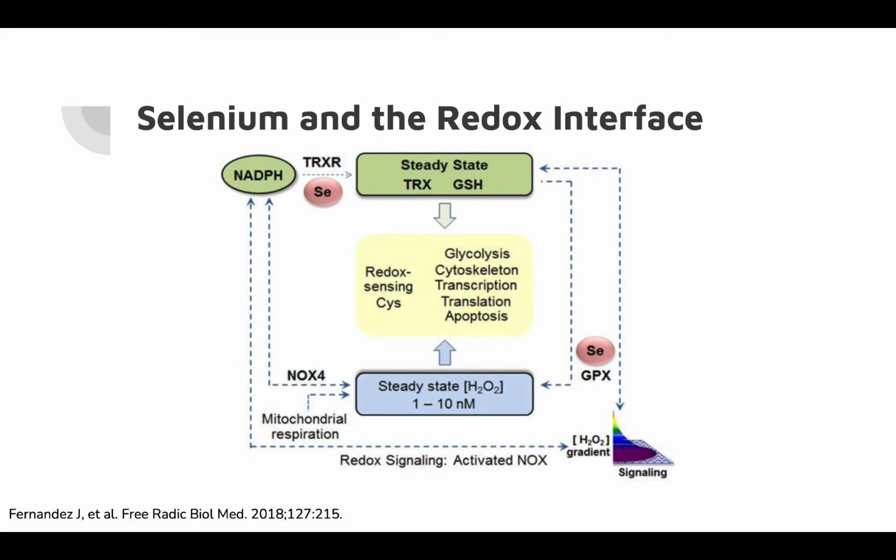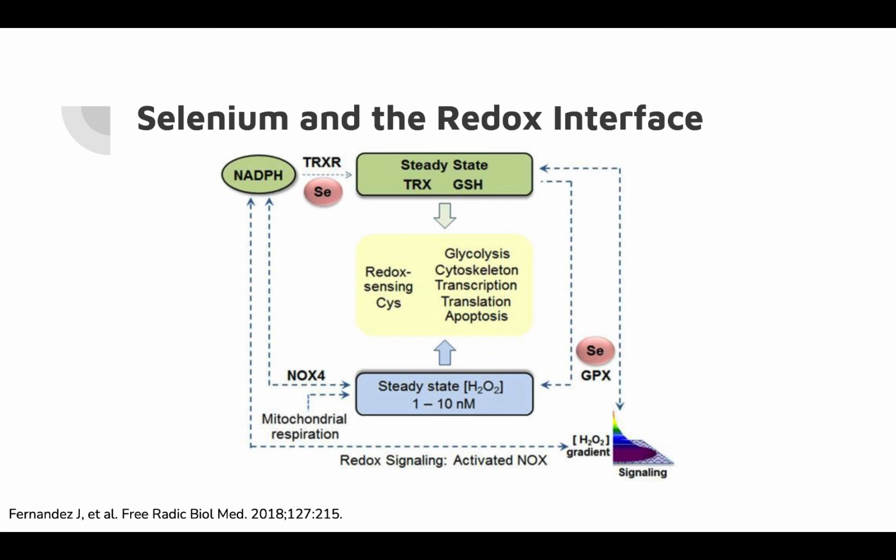This system operates with kinetic control through steady state oxidation of proteins that have a cysteine residue. The oxidation occurs because of hydrogen peroxide that is allowed to be present in the environment. So typically we think of hydrogen peroxide as bad, but in small regulated amounts, it's critical for being able to turn these cysteine switches on and off on proteins. It's not always hydrogen peroxide that does this. It could be other oxidants,